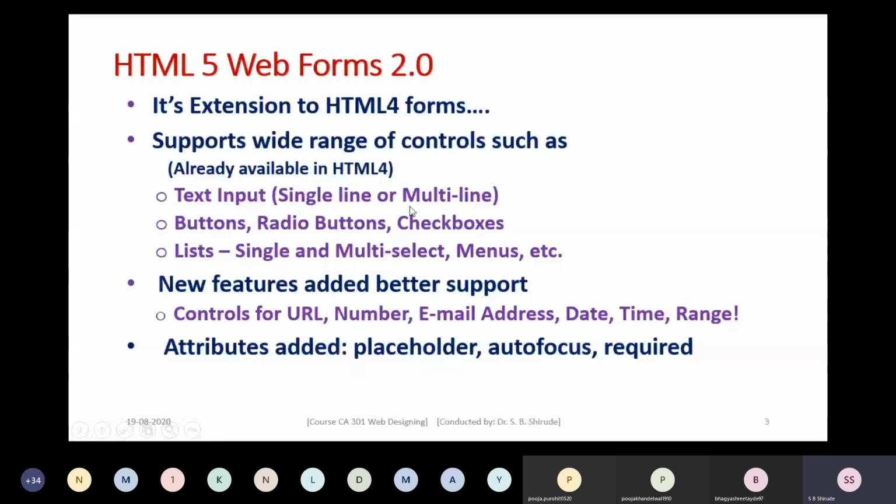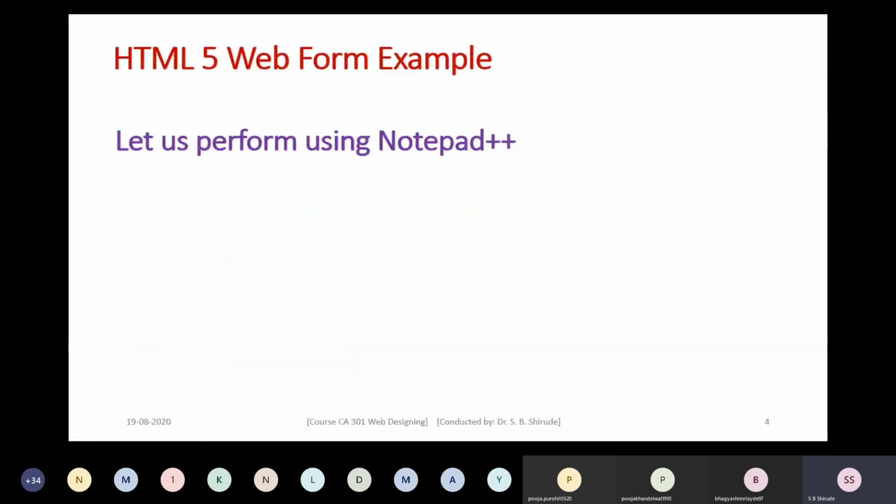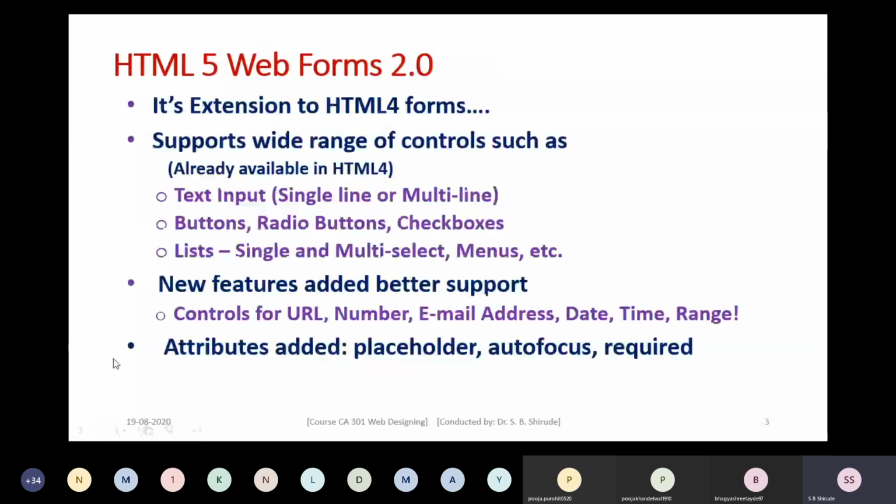And in the previous session, with the help of an example, we coded a form and saw how to use these controls. Next to that, we have also seen that some new features are added for better support in HTML5, and the controls are for URL, number, email address, date, time, and range.